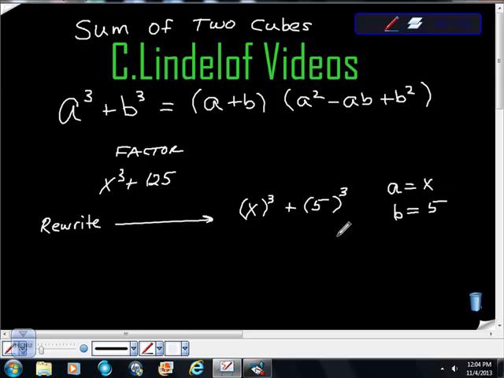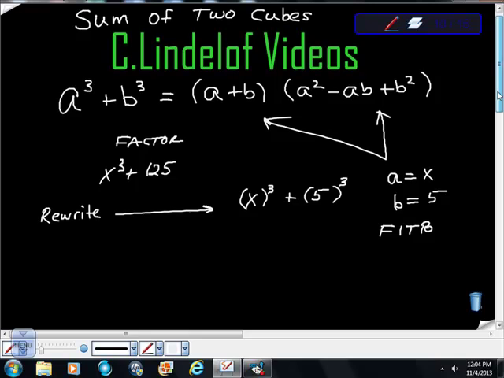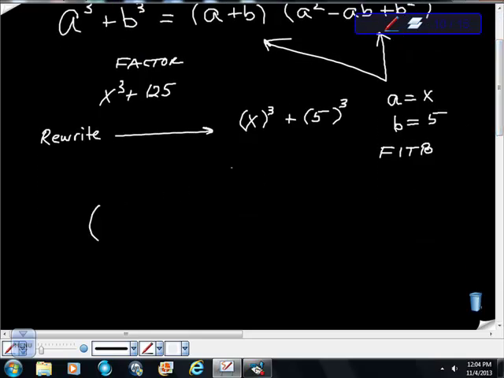And then I'm going to fill in the blanks. I'm going to take what I know from here and fill it in to here. So what does that look like for us? Well, it looks like this. The first thing we're going to do is a plus b. Well, a is x, b is 5, so we'll do x plus 5